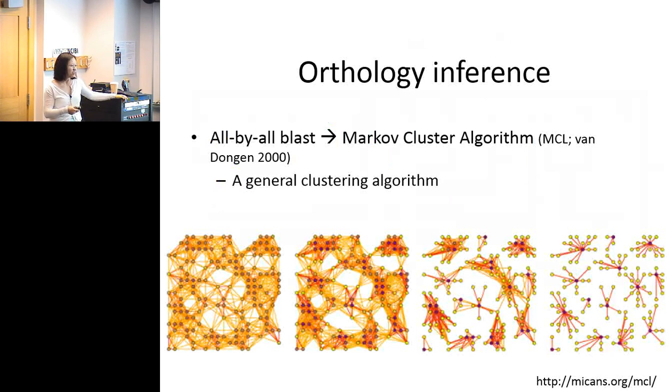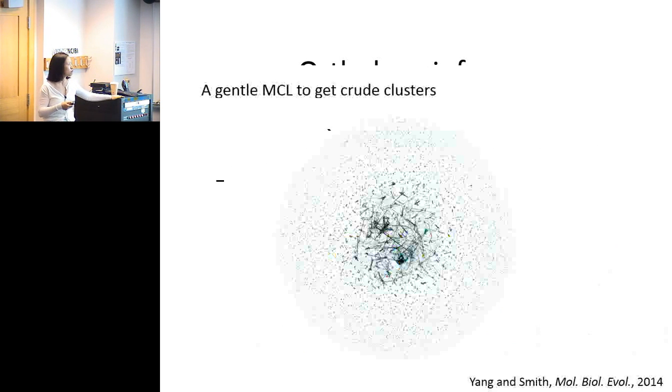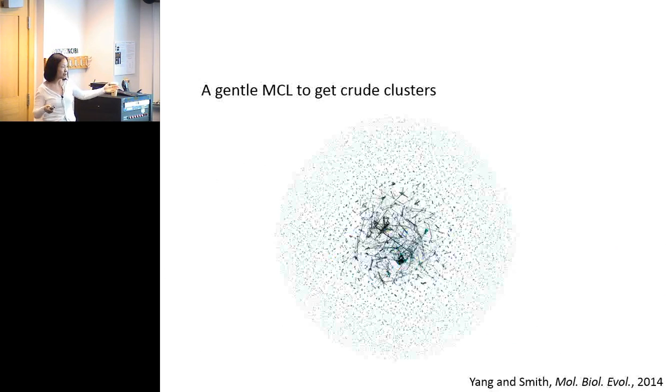Usually when you're doing all-by-all, it tolerates a little bit of missing stuff because all you want is to get a cluster of highly connected homologs. So you can fine-tune the parameters you use to get the clusters, but I tune it in a way to get relatively crude, relatively big clusters. This is a rendering, and you can see some of the big gene families get pretty big clusters in the middle, but most of them are nicely scattered,